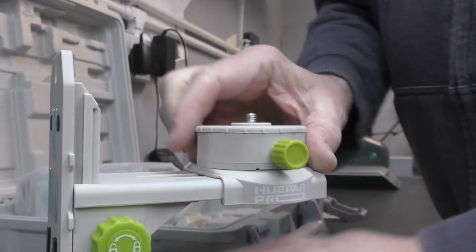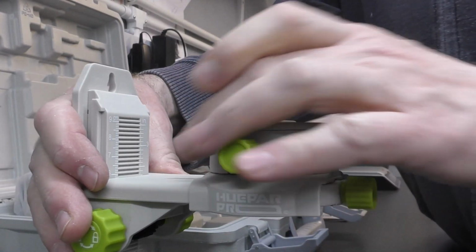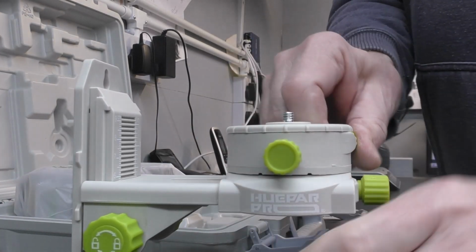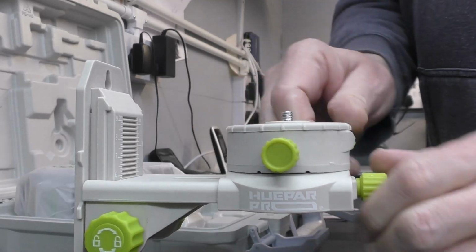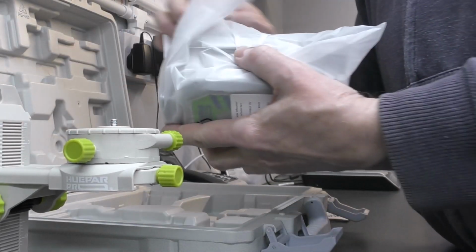Yeah, don't really know what these are for. Oh, you can move it backwards and forwards this way, up and down. I think you can move it around somehow, but obviously how that works. And then we have the main unit